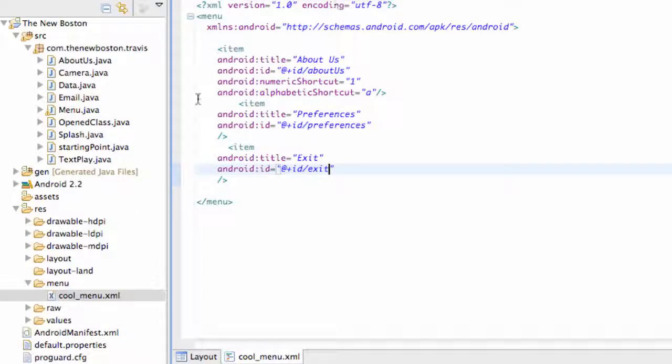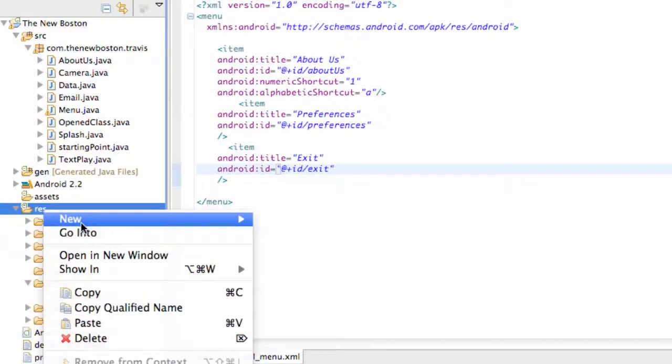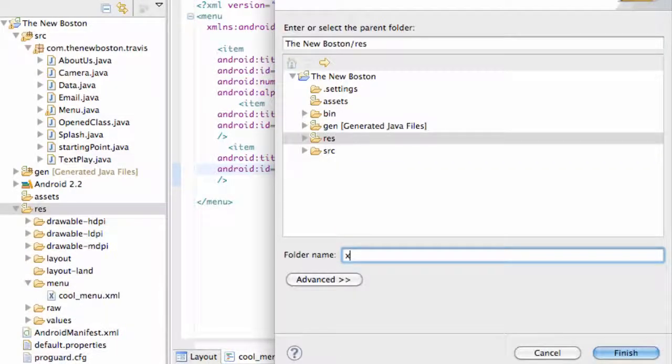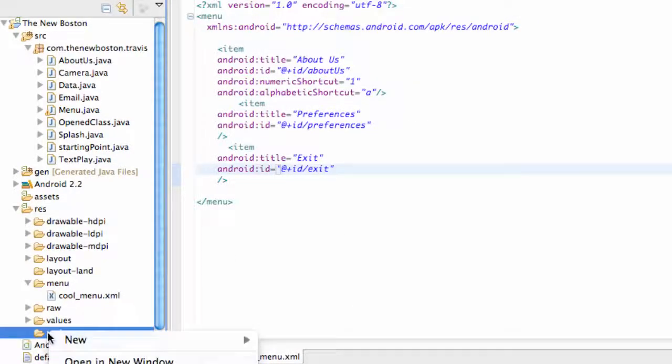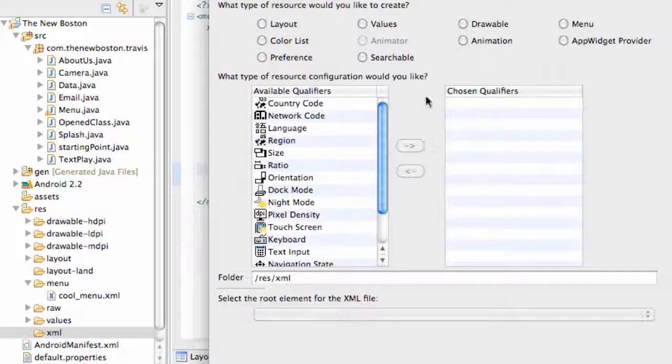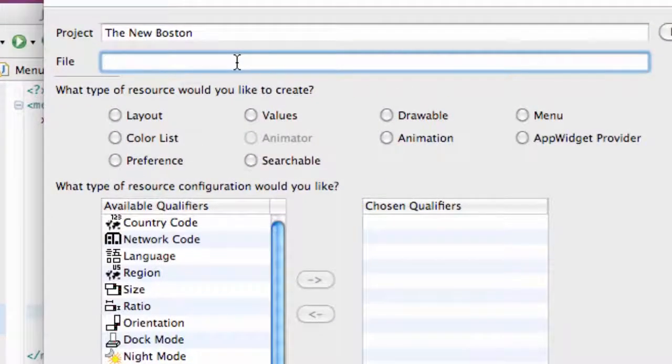Let's get into it. What we're going to do is create a new folder called XML, and this is going to hold where we're going to put our preferences. So again, new folder, all lowercase XML. Make sure it's within your resource folder right here. Hit finish, and then just right click, hit new Android XML file, just like always, and we're going to call this